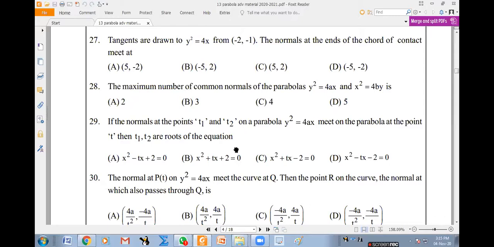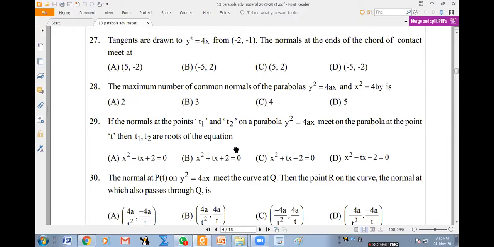Okay. In 26 one, what I said is mainly you interchange x and y in this first equation, you get the second equation. So they are mirror images of each other with respect to the y equal to x line, like inverse functions. So if you are looking for a circle touching these two and you want the smallest one, then it should touch both of them, and the tangents should be parallel to each other. So basically P is a point on this, Q is a point on this. You want to find the least value of PQ. Once you know this least value, take those two as the ends of a diameter, and the circle will touch both of them.